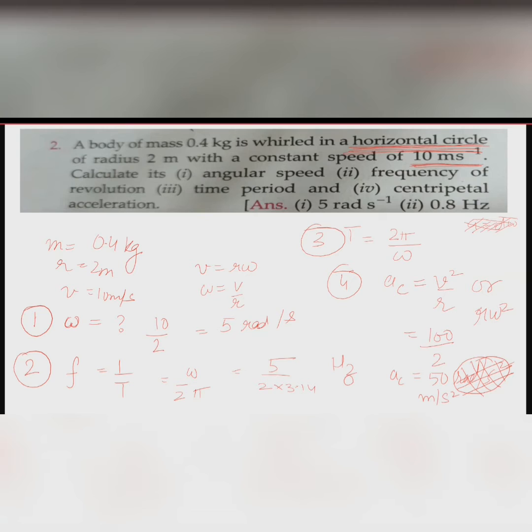Now, everybody clear with this question? Shall we move on to the next question? Ma'am, the value of mass is also given, but we don't really need it, do we? Yes. If we were asked to find the centripetal force, then we could have used this mr omega square. Okay, ma'am.